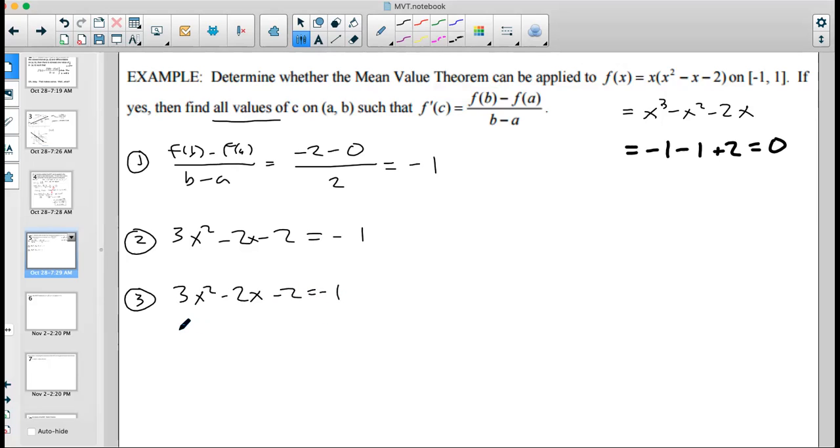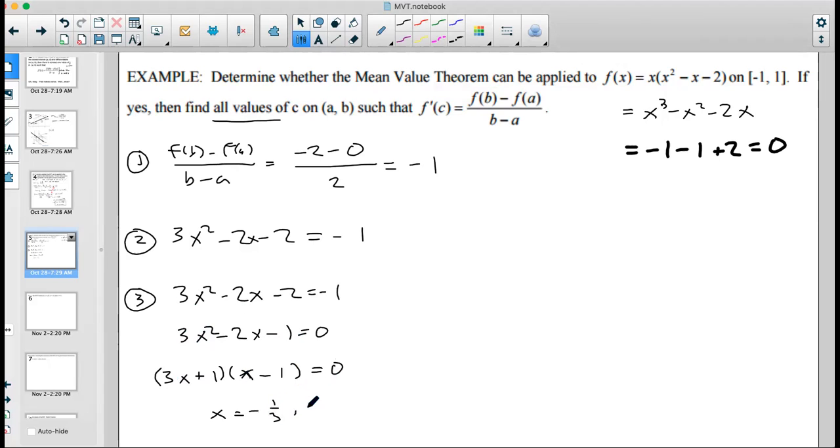I'm going to add 1 to both sides because that's how we solve quadratic equations. Then I should probably factor if I want to get actual values of x out of here. So 3x and x have to go there and there. I need a -1 and a +1 to get -1. So maybe the minus here and the plus there. It seems like it would work. See, 3x squared plus x minus, yeah, that works. So this yields 2 answers for x,